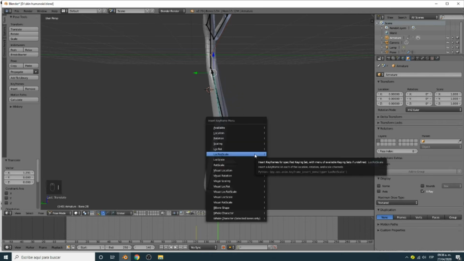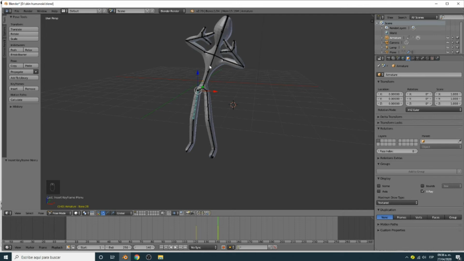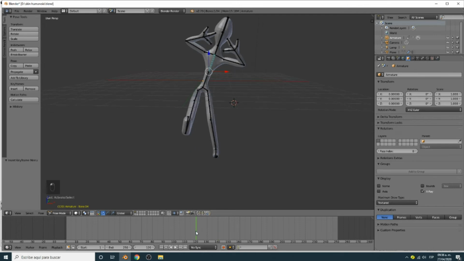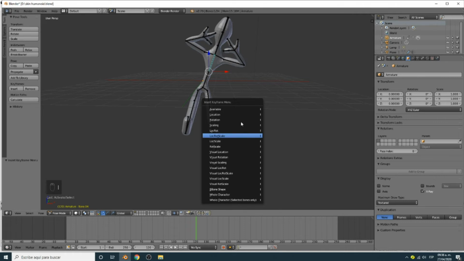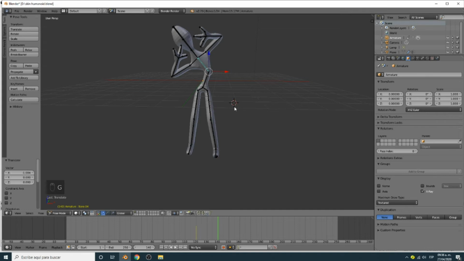I save with log raw scale. Okay, and I finish here moving, log raw scale, and log raw scale. So let's check.